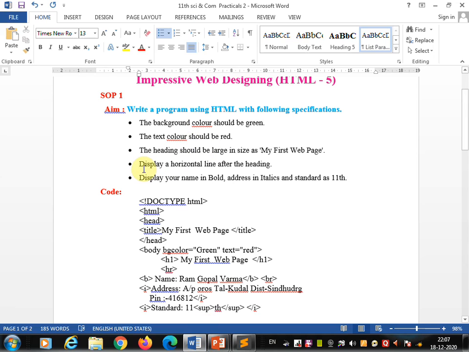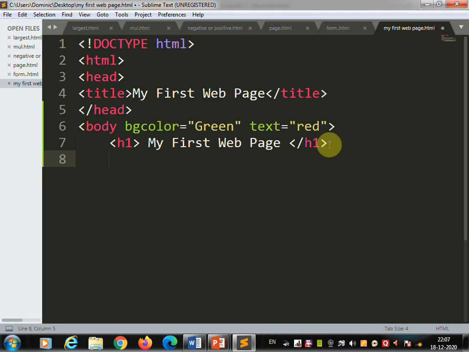Now the fourth one: display a horizontal line after the heading. Here you are going to display the horizontal line, so that's why we are going to use the hr tag. So the hr tag will draw one horizontal line below the heading. Next,